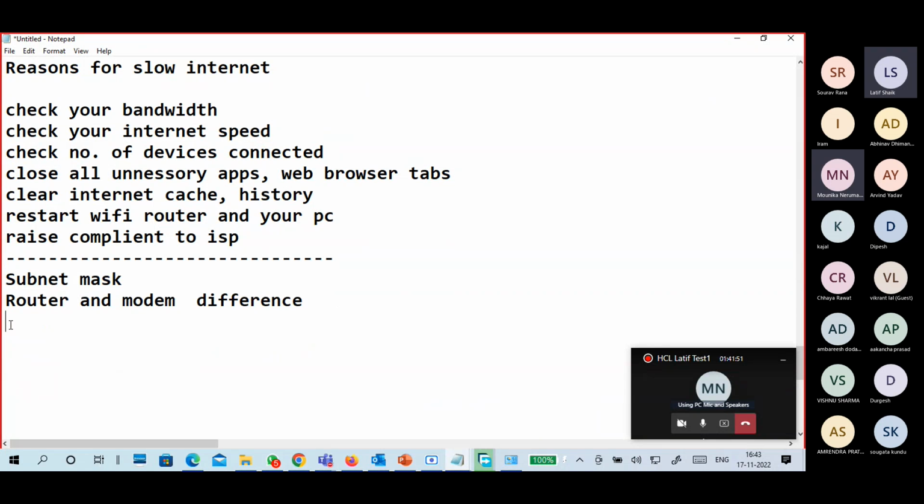Through the modem, you will get connected. You may get a doubt: are we using a modem separately? For that, we are generally not using modems for home and office, small office networks.